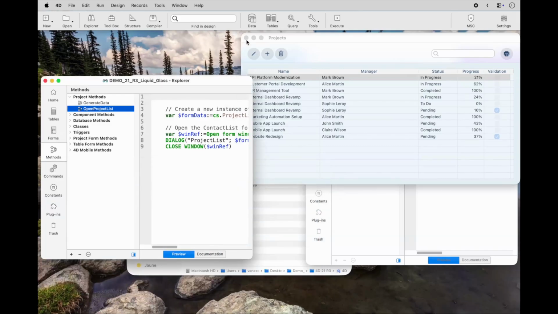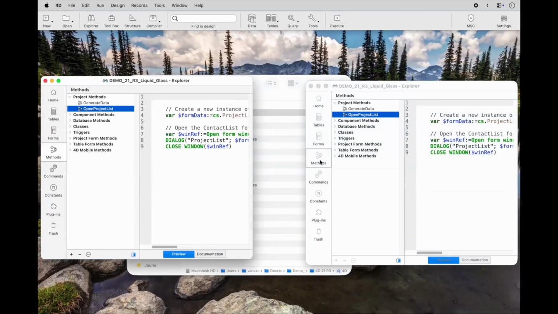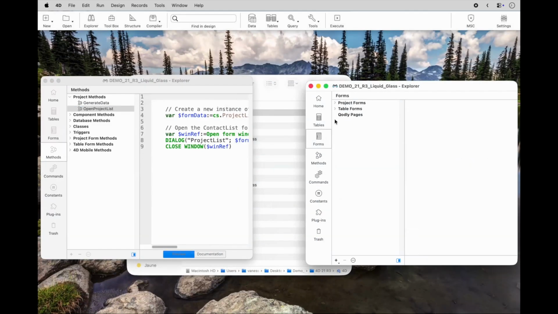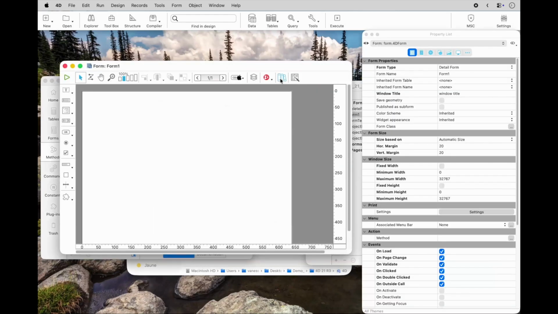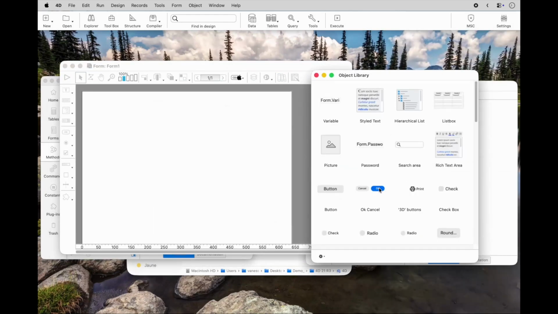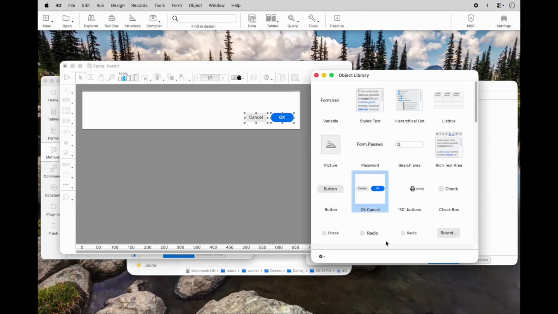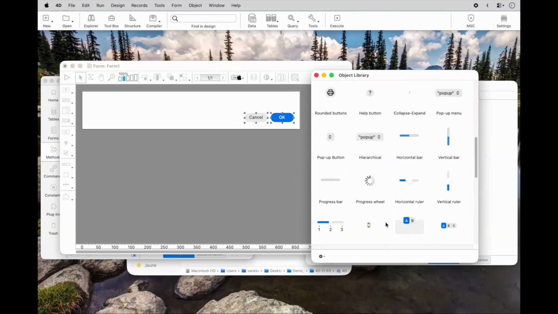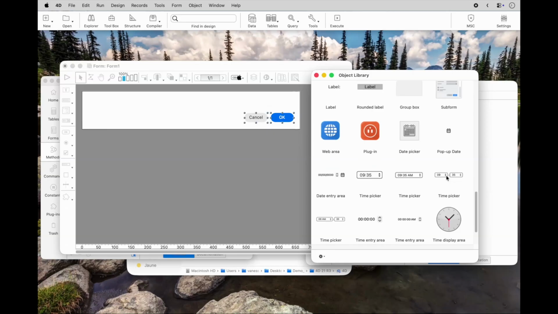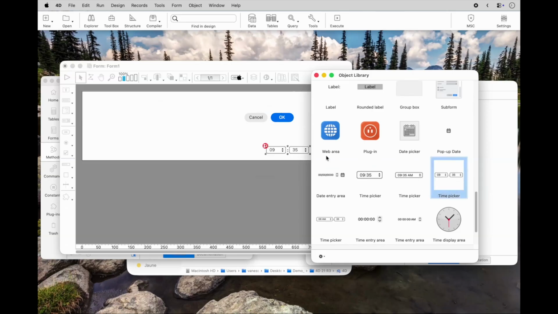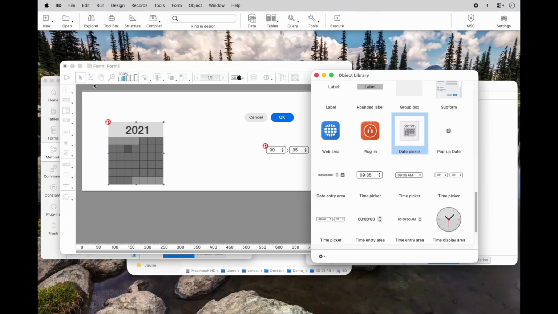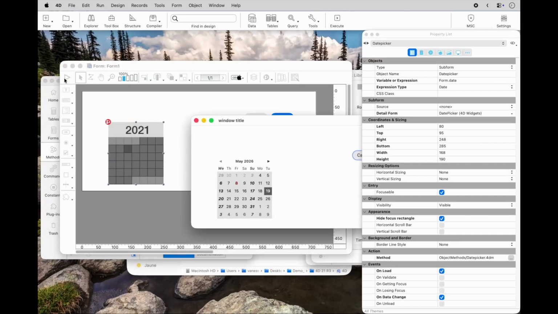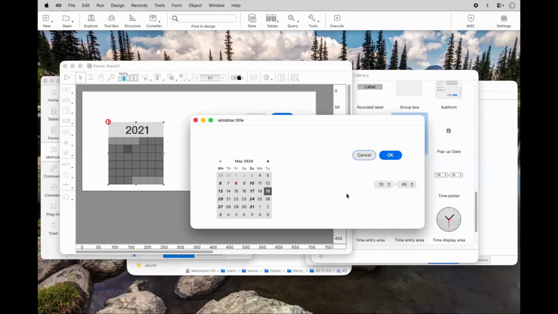Last point, the object library. I'm going to open the form editor. Here I'm simply using objects from the library. With 4D21R3, these objects have been modernized so they display correctly with Fluent UI on Windows and Liquid Glass on macOS. So as soon as you start building a screen, you already begin with components that are consistent with modern